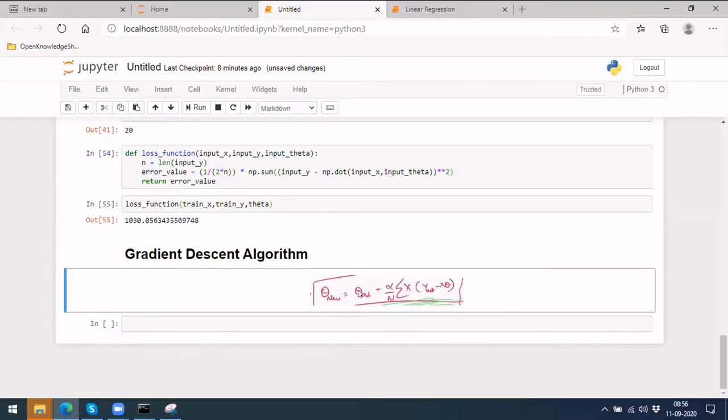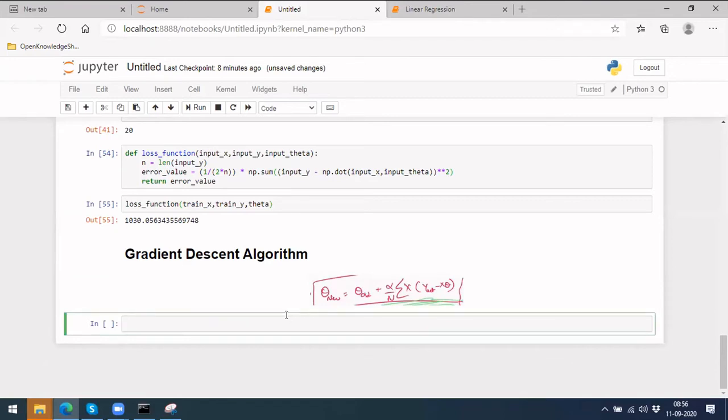So now the next step would be to implement this formula. How we can do that is, let's call this theta new. First let's calculate the inner part, then we can come here because it is quite lengthy.